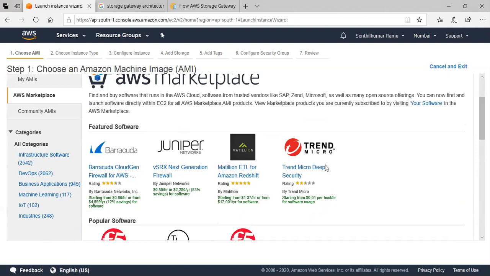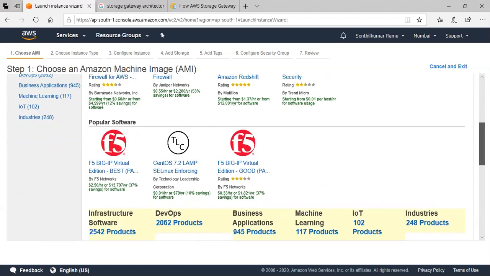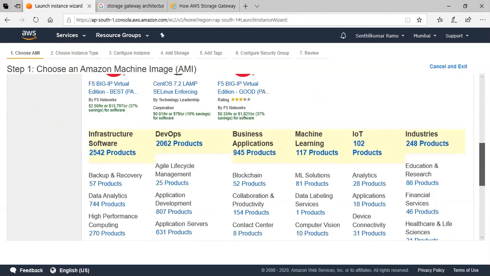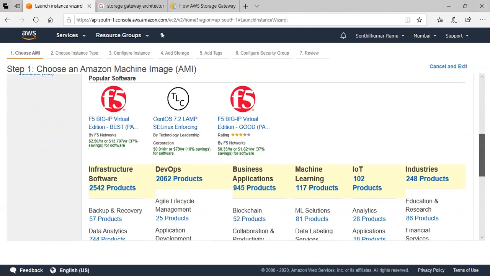And this is Deep Security for all your internal protection of all your workloads. F5 is a load balancer. If you're not happy with the load balancer offered by Amazon, you can use this one. There are a lot of options actually. It's all like a virtual appliance which is sold. And if you look at the price, it is $2.5 per hour for Big-IP Virtual Edition.